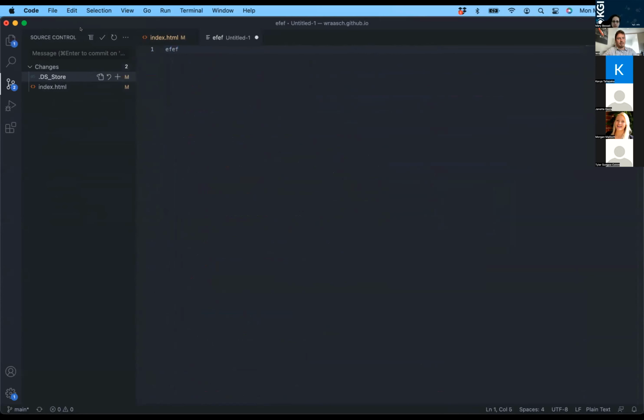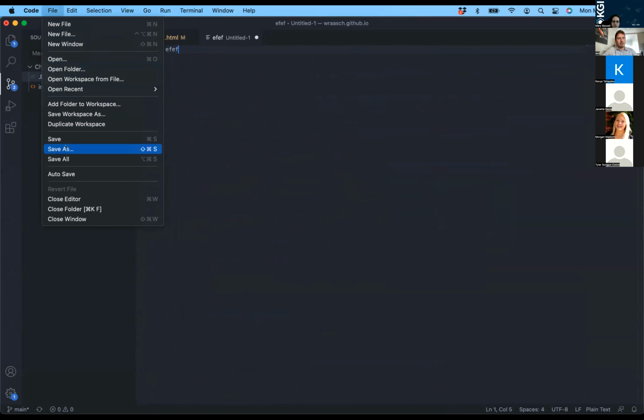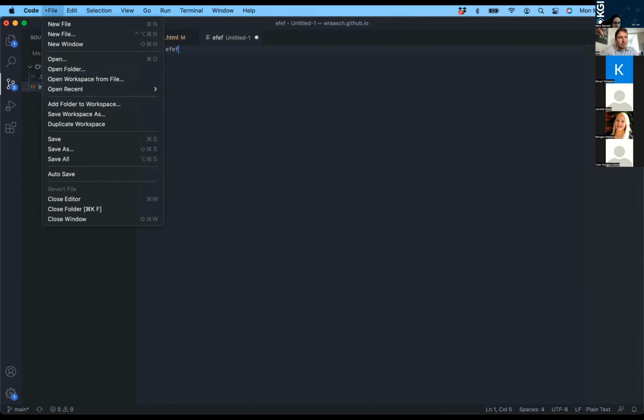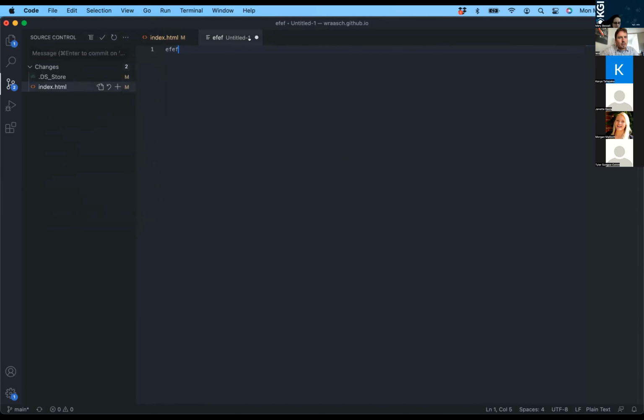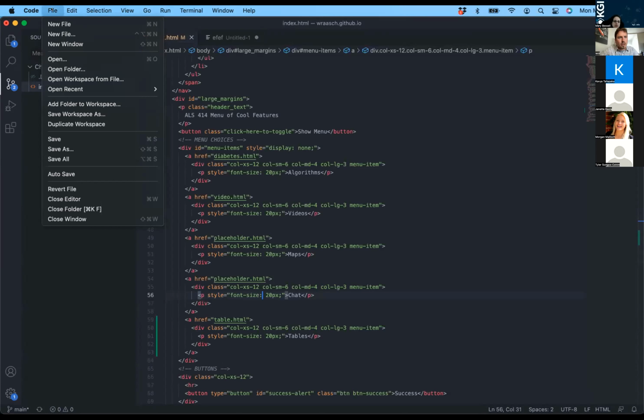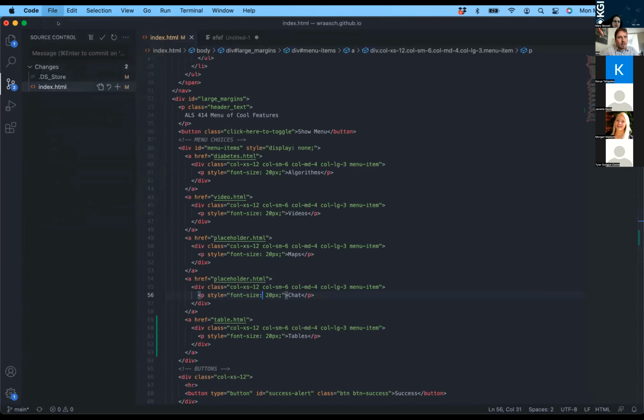Maybe I have to type something first. Why isn't it saving? Let's just exit out of here. I feel like there's something wrong with, let's try it again. So a new file,